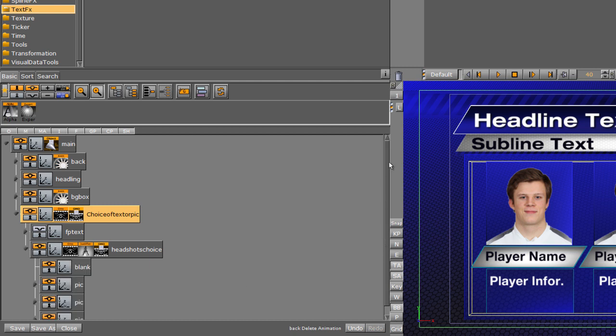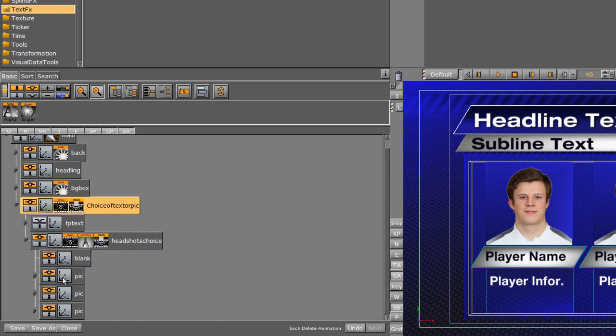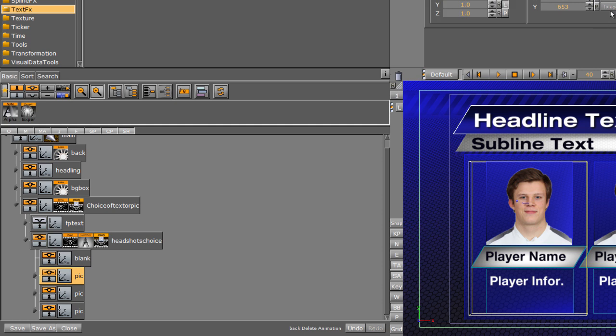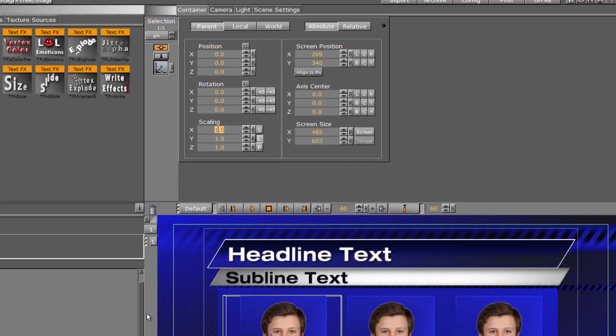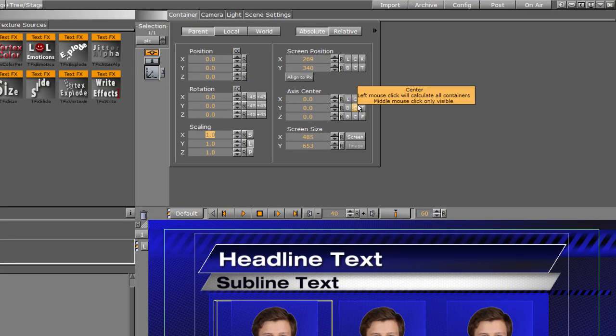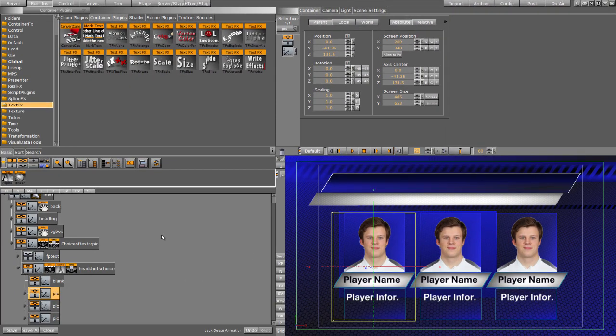But since we have everything set up already, we'll just keep this simple and keep moving in the tutorial. So what I'm going to do is select each headshot. I'm going to set the center point of the group to center. We're just going to set our timeline to where they should land. I'm going to hit set key and rewind our timeline a little bit to where we want this to start. I'm going to scale this